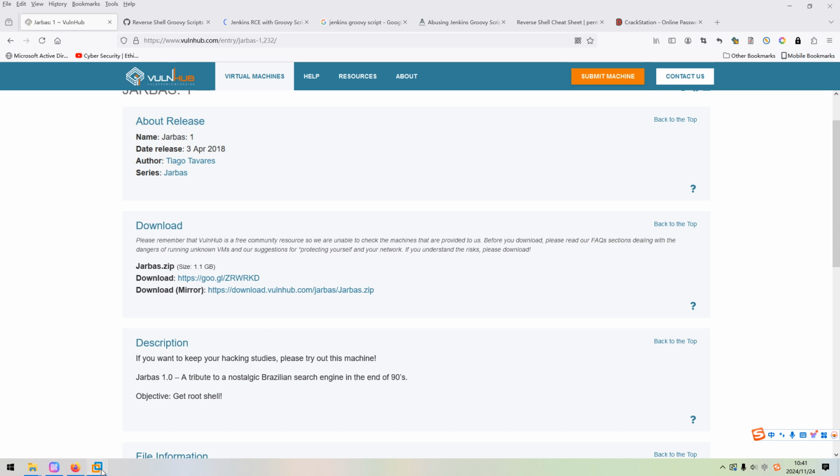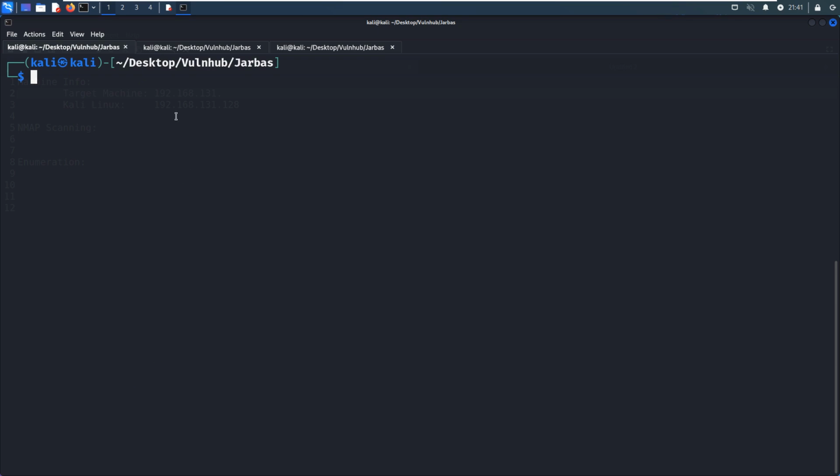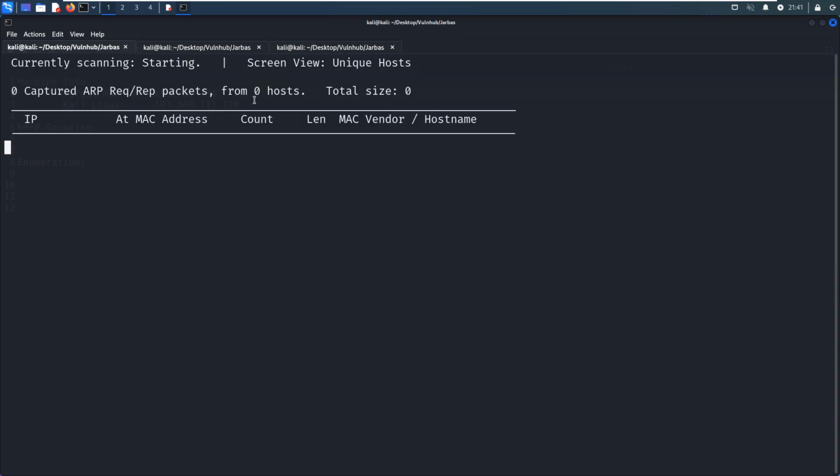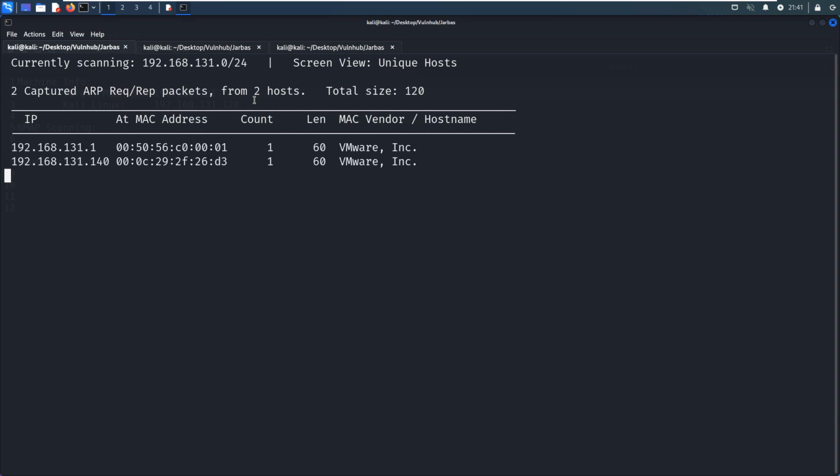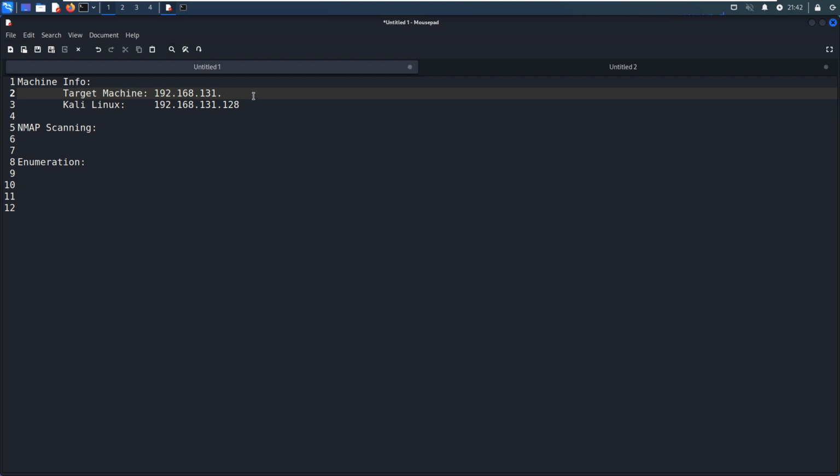We can head over to Kali Linux VM. First of all, we need to discover the IP address of the target. The utility I'd like to use, as always, would be netdiscover. As you can see over here, the IP address of the target could be recognized as 140, and we can note down such information to our notebook.